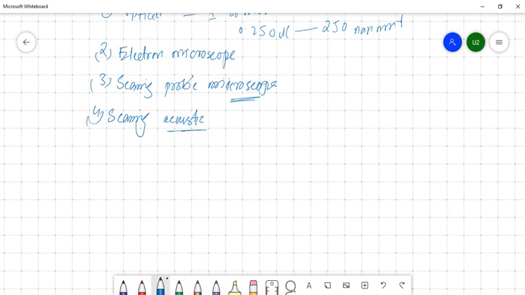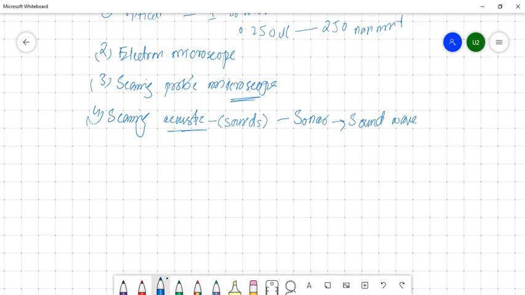Acoustic mean sound. So it uses sound waves similar to, as we know, the instrument like sonar, because sonar is a device which also uses sound waves. All right, in principle. So the function of scanning acoustic microscope is just like sonar function,